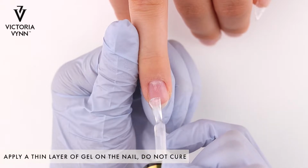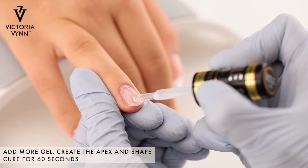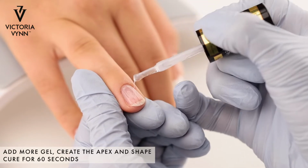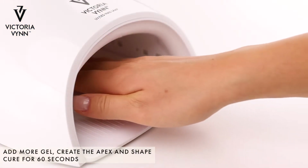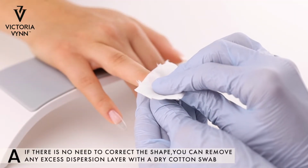Apply a thin layer of gel onto the nail. Do not cure. Add more gel, create the apex, and shape. Cure for 60 seconds. If there's no need to correct the shape, you can remove any excess dispersion layer with